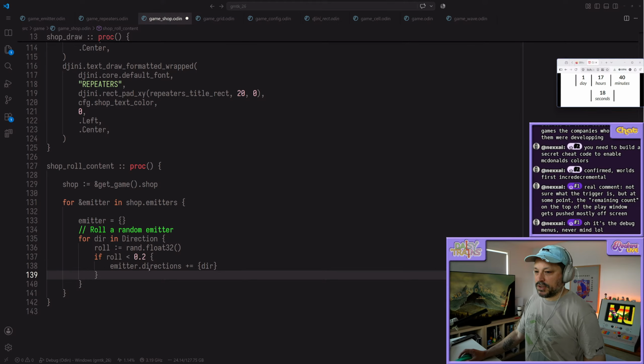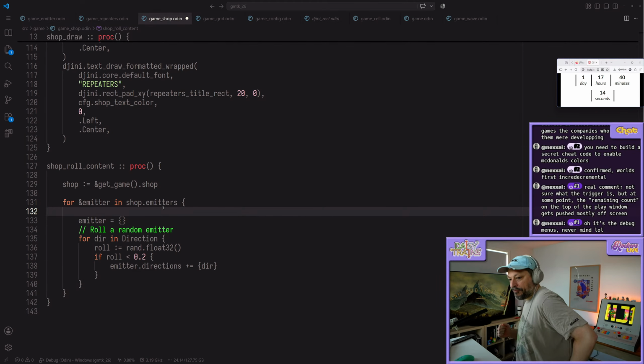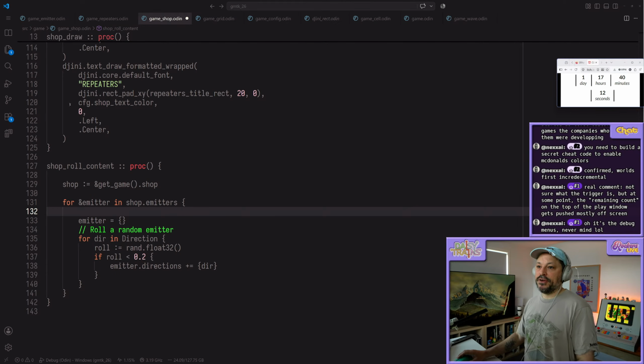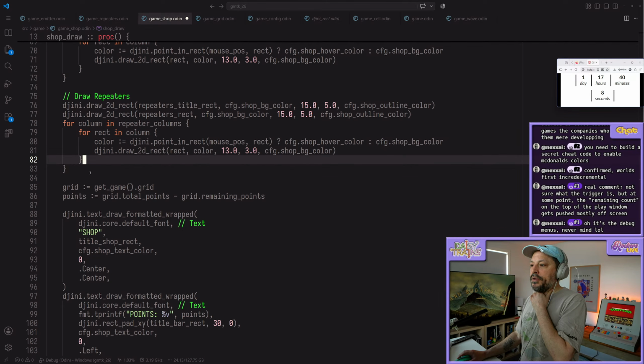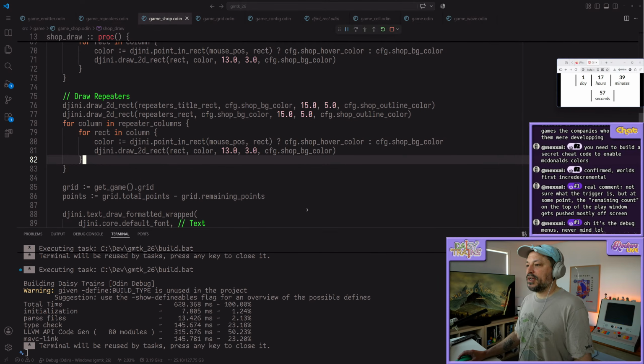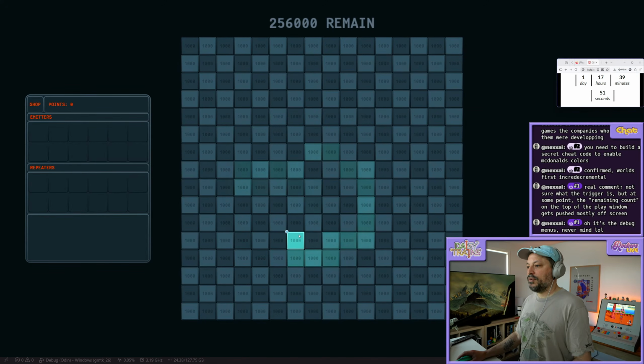So there's a 20% chance to add a direction to the emitter, okay? And then when we draw, how can we visualize these emitters? Also, because I guess these rects are the size that they are. I was like, first off,